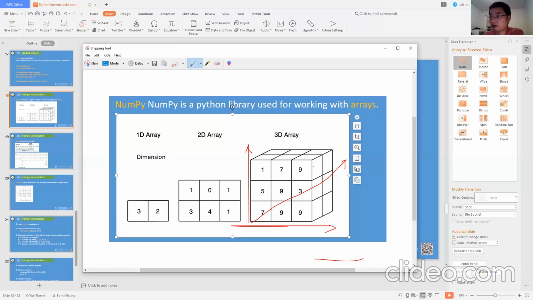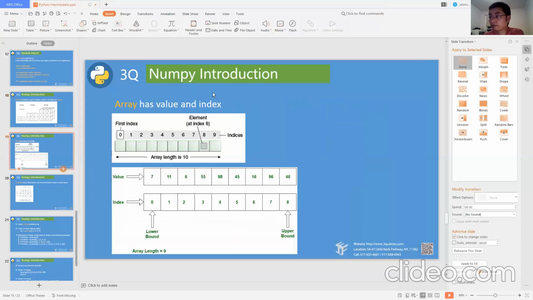Okay? Again, array can have multiple dimensions. Now let's take a critical characteristic of array. Array has value and index. This sounds very similar to something, right? What are other places where we talk about index and array? Nathan. List. What? List. A list. Yes. In a list, we have talked about value and index. What's the relationship between value and index? Julian.